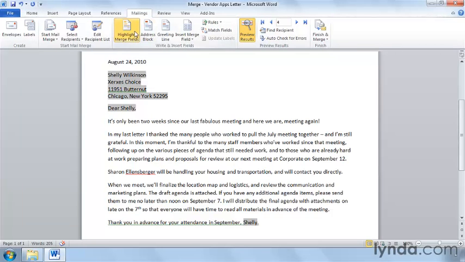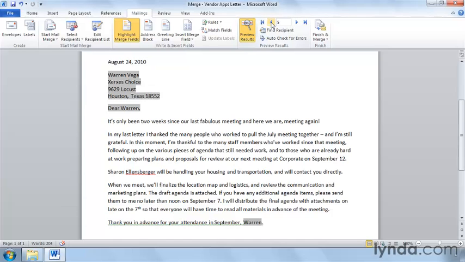Now, we can choose Highlight Merge Fields to see where all the fields are in our letter and preview the results the same way. The gray is not as pretty as the yellow, but it works just fine. Our document is all ready for mail merge now. We're hooked up to a data source, we've matched our fields, we've inserted our merge fields where we need them to be, and so